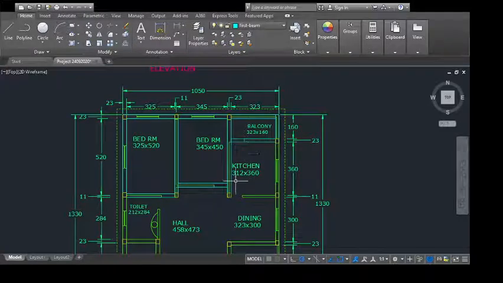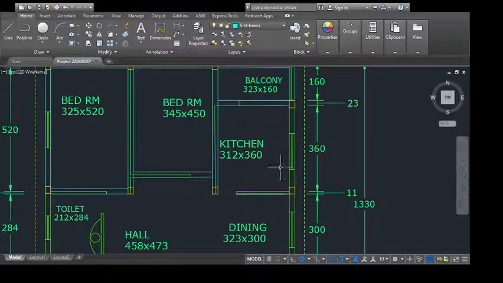Now let me look at the kitchen slab. When I'm looking at the kitchen slab, it's already having a beam here on the left hand side, so the wall load is directly going on the beam. The slab load can easily be taken up by this beam, no problem. Now in the other direction, from the face of the column to the face of the column, we have another beam. So from the slab the load goes on the beam, the load gets transferred on this beam, and in this direction we have here